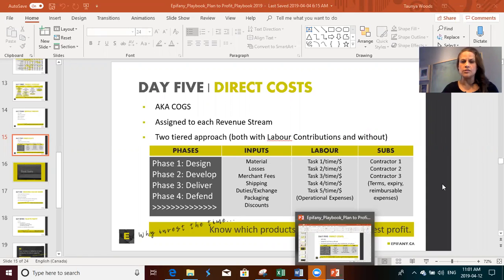Everybody considers cost of goods differently. So full disclosure, I'm going to show you the method that I use when I'm working with clients one-on-one,